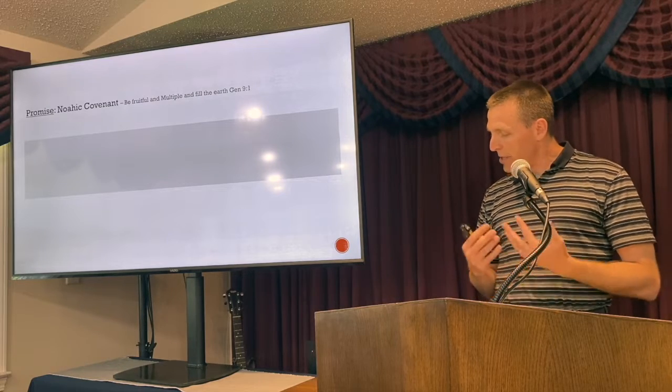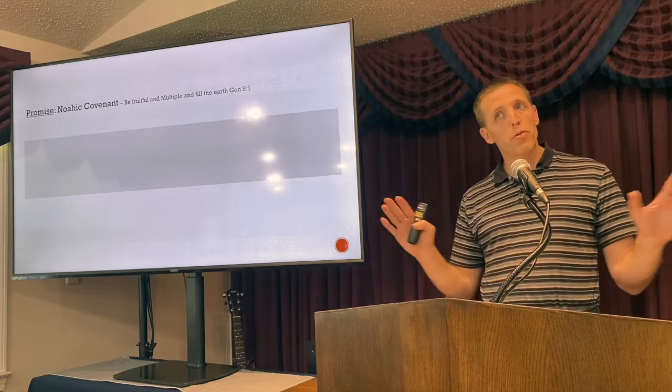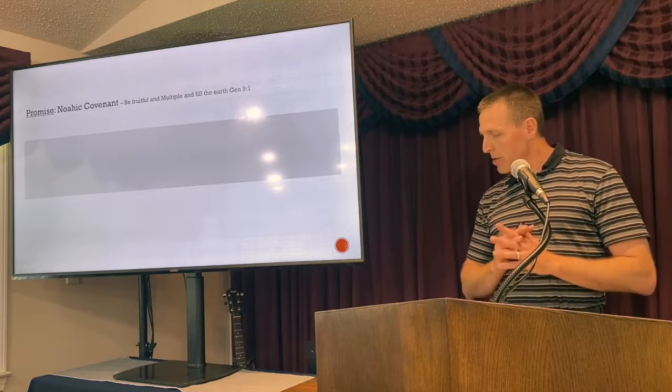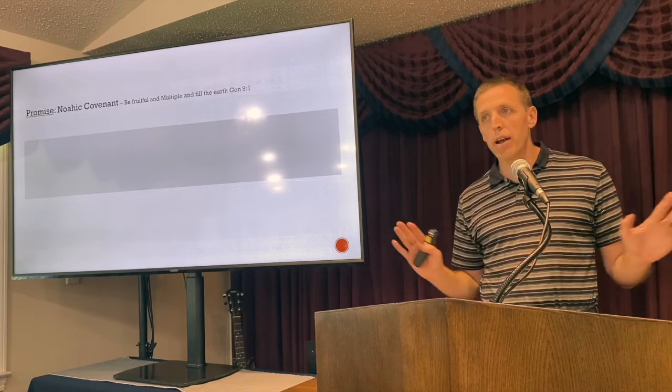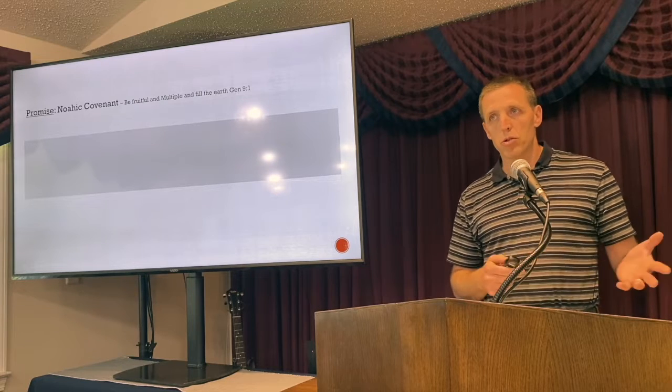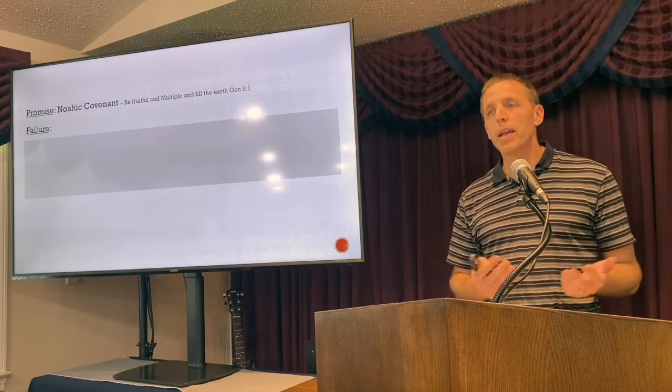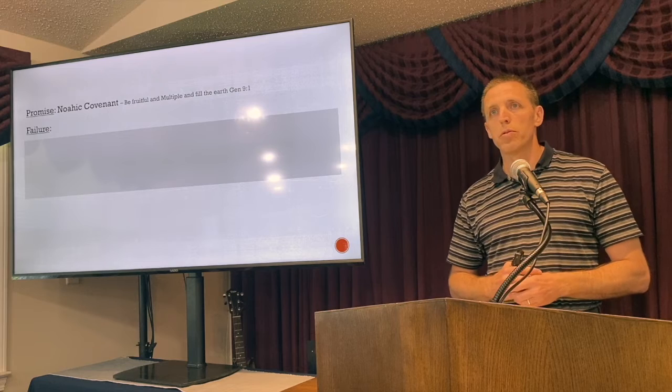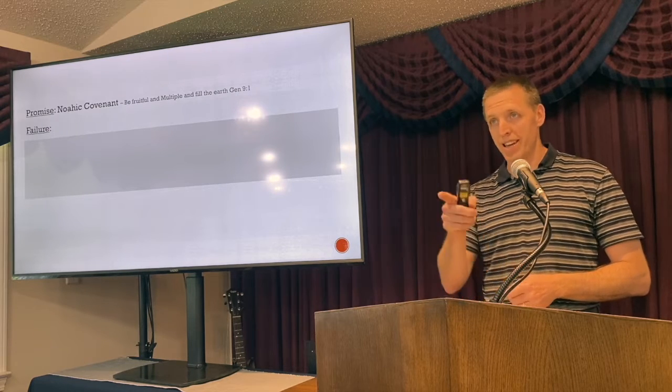And so he makes the Noahic covenant, and he says, be fruitful, multiply, and fill the earth. Go scatter the earth, right? So that's what's happening in that story. Now, what's the problem? How did they fail, if that was what they were told to do? What came next where they failed? Yeah, that's right. Babel failed.